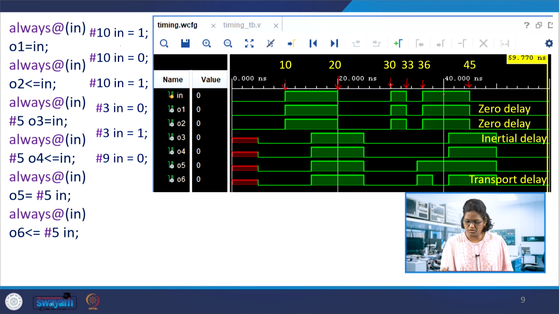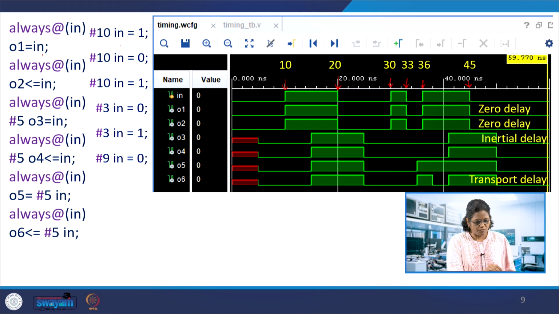So this is the input which is generated for the code. So how do these always blocks give the output? See the output, in this case, output 1. Whenever there is a change, always @(in) means the sensitivity list contains only the input. So whenever there is a change in in, it gets into the statement over here. Similarly, in all other cases, whenever there is a change in in, it gets into the statement to execute the next statement.